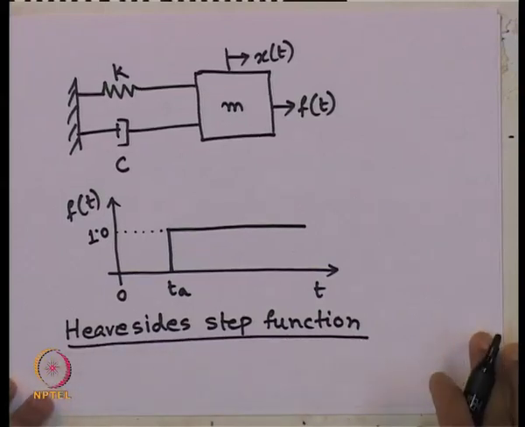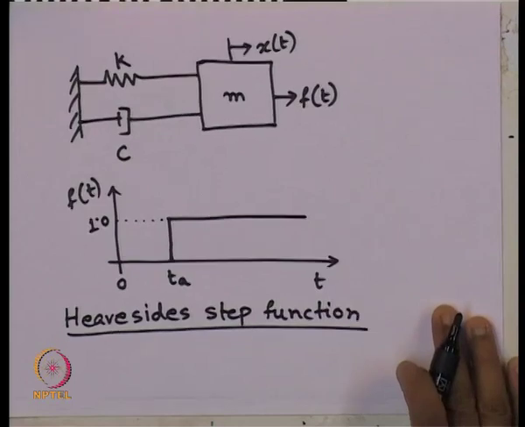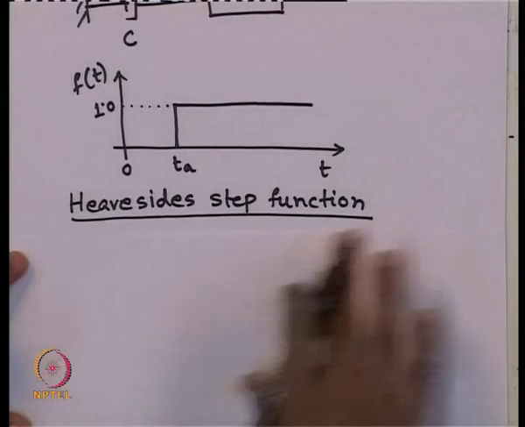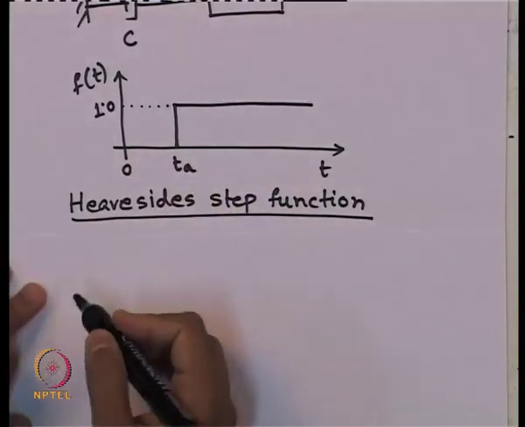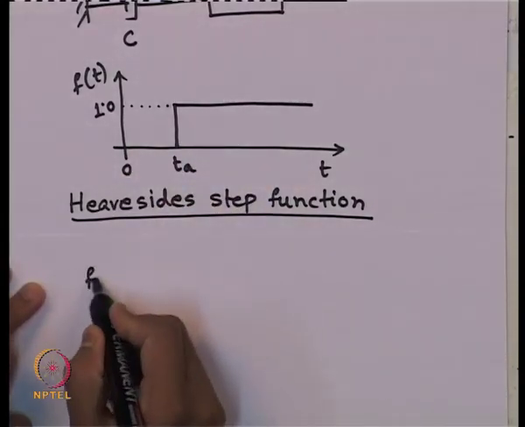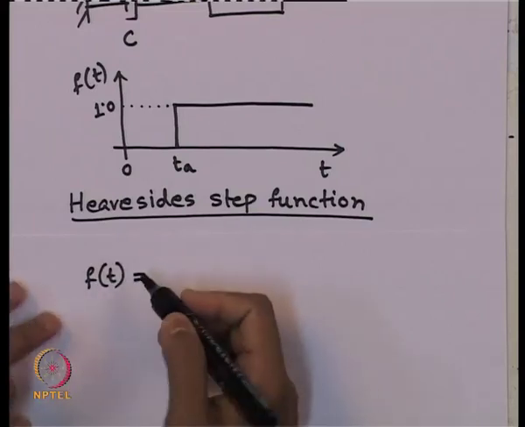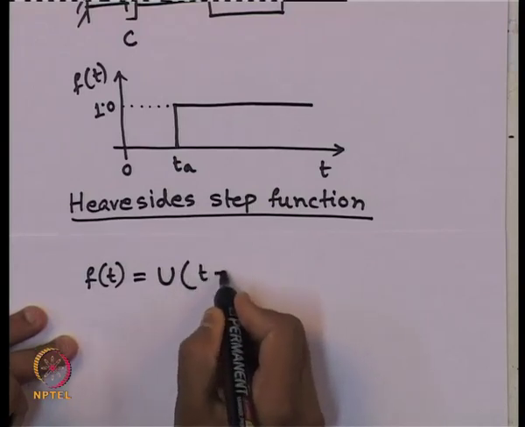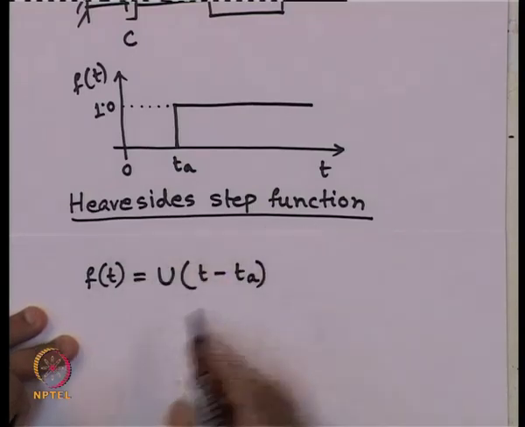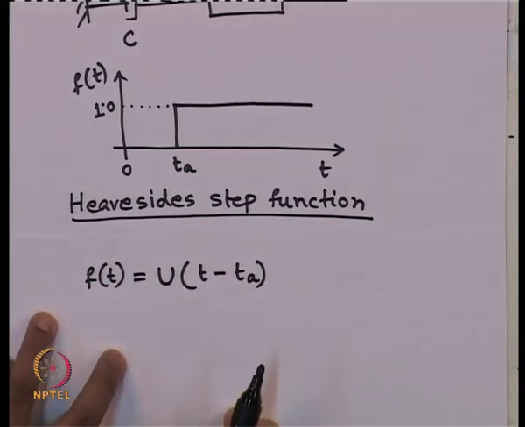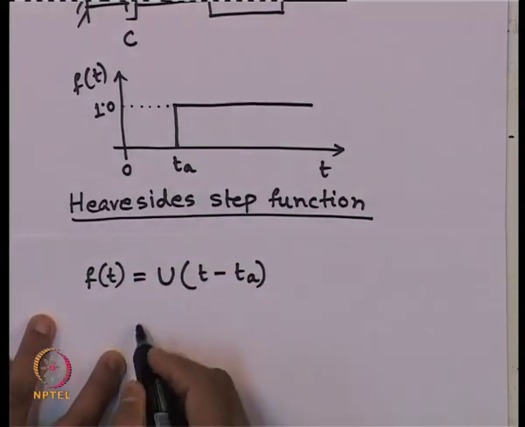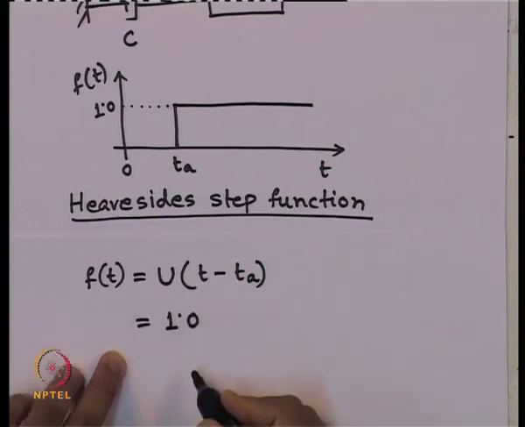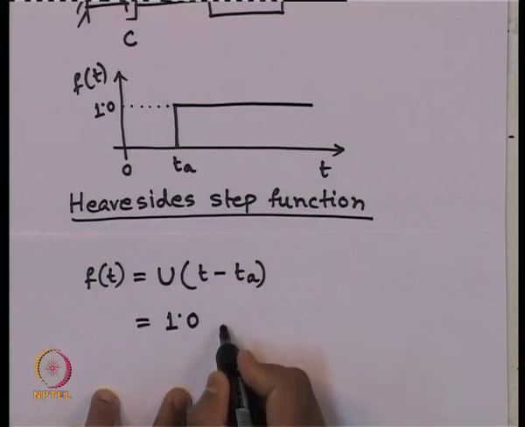So, what is the Heaviside step function? Let us move it a little up. This type of function is known as the Heaviside step function, and how is it expressed? It is expressed mathematically like this: u(t - t_a). The Heaviside step function is expressed in this form, the magnitude of which is equal to unit magnitude when